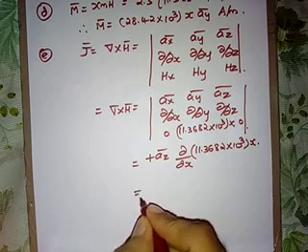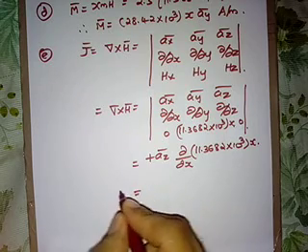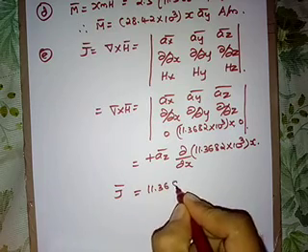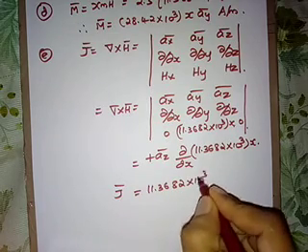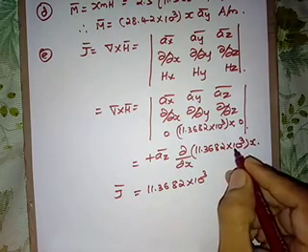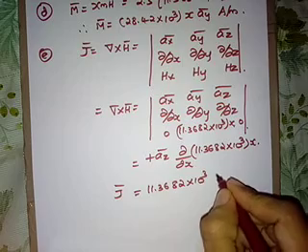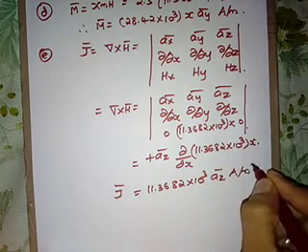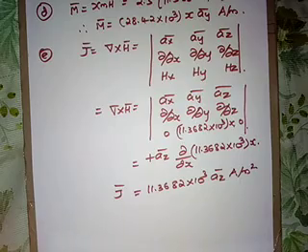So this is nothing but how much? J bar is equal to 11.3682 into 10 raised to 3. Differentiation of x with respect to x is 1. So this is 11.3682 into 10 raised to 3 Az bar, multiplied by ampere per meter square. It is current density, so it is ampere per meter square.